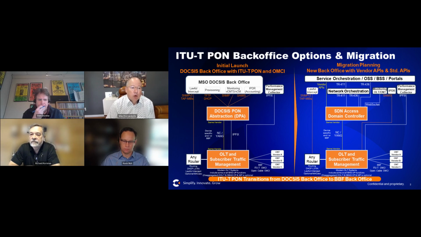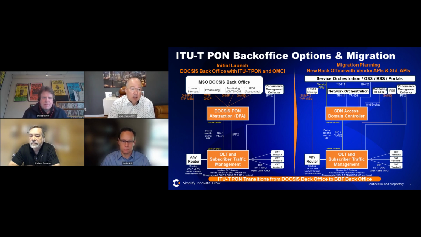But all of those orange lines coming out of the DOCSIS back office are all of the standardized interfaces that have been around for nearly 25 years, starting with DOCSIS and then with the PON technology that CableLabs defined with DPoE and then DPoG. And then what we're looking at really is having this DOCSIS PON abstraction layer, a DPA, and then that will